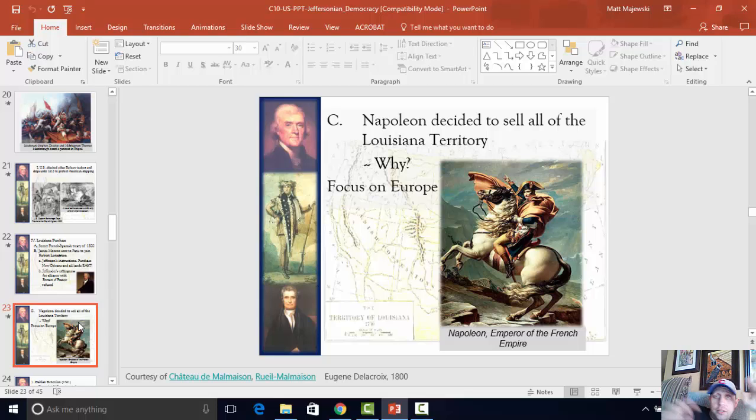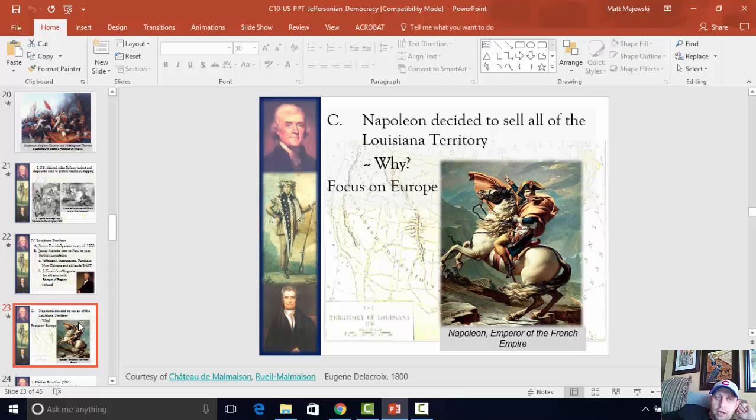That's what they're authorized to spend. While those dudes are over there, Napoleon comes back with a ridiculous deal. He basically says, hey, I'll sell you all of Louisiana territory, including New Orleans, for $25 million, just $10 million more than they were going to pay for one city. Why? Well, Napoleon is obsessed with the war in Europe at the time. He's focusing on the war in Europe. He doesn't want to be distracted by France's overseas possessions. He wants to win the war in Europe.